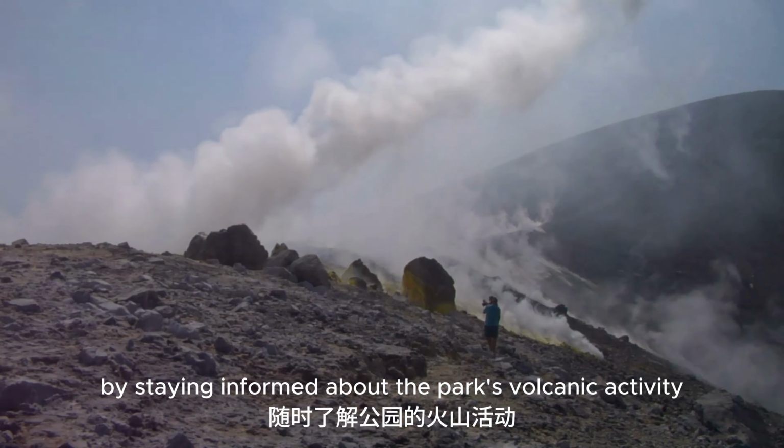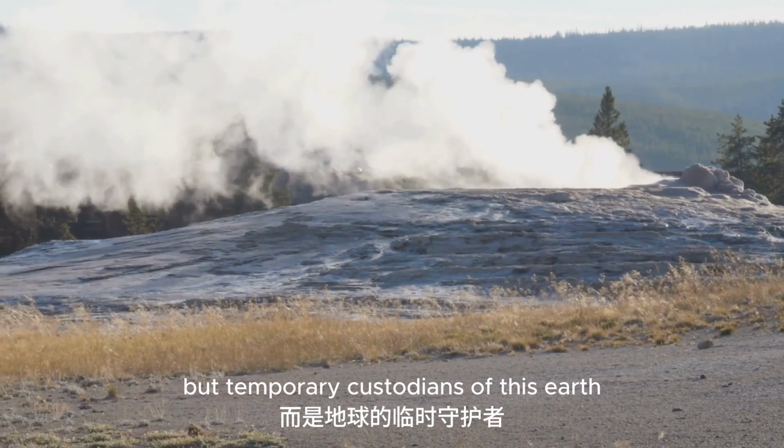As our journey through Yellowstone National Park draws to a close, we're left with a profound sense of awe and respect for this extraordinary landscape. Yellowstone is a paradox, a place of immense power and delicate beauty, of fiery destruction and vibrant life. It's a testament to the dynamic forces that shape our planet, a reminder that we are but temporary custodians of